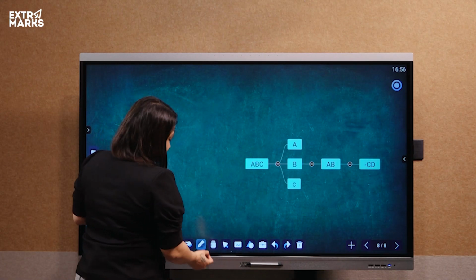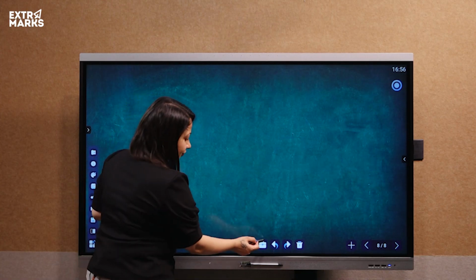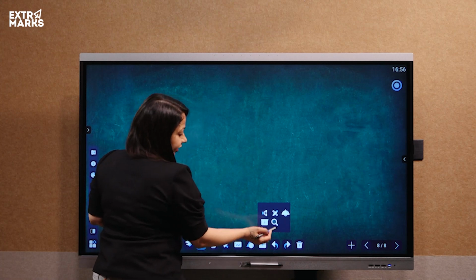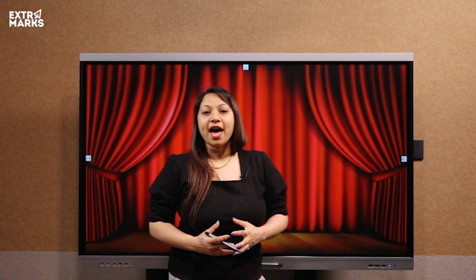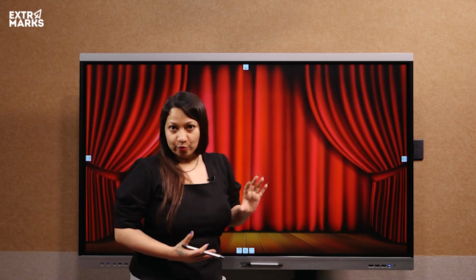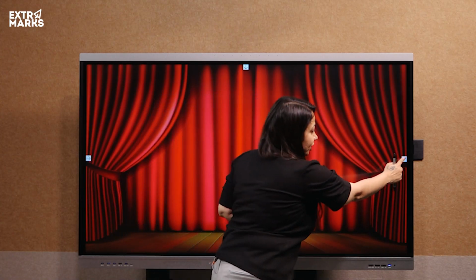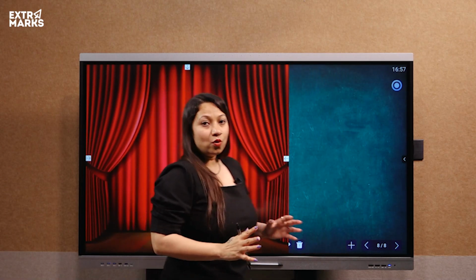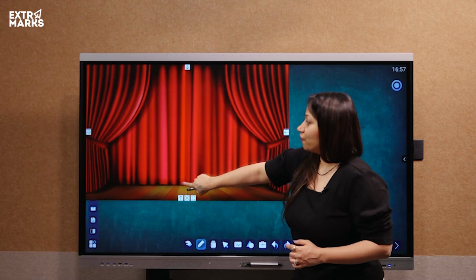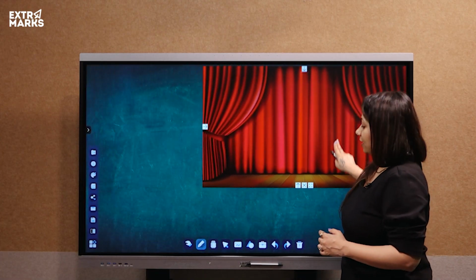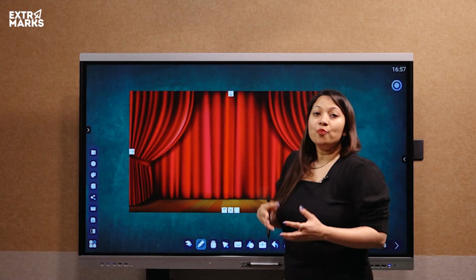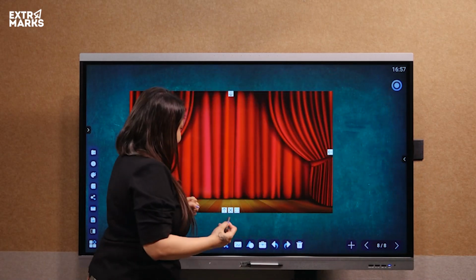Let's explore another feature that we have. The next feature that we have is a curtain feature. Now as a user, I can draw a curtain on the whiteboard canvas and can reveal a certain part of the whiteboard by using the arrows which are here. So I have customized the curtain size and now I can move it from one place to another. Teachers can use such activities in the classroom for puzzles, for games, etc.